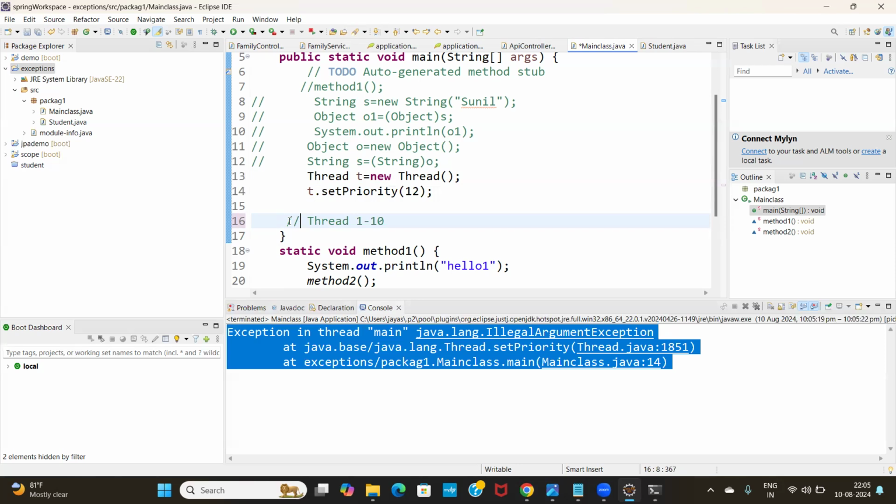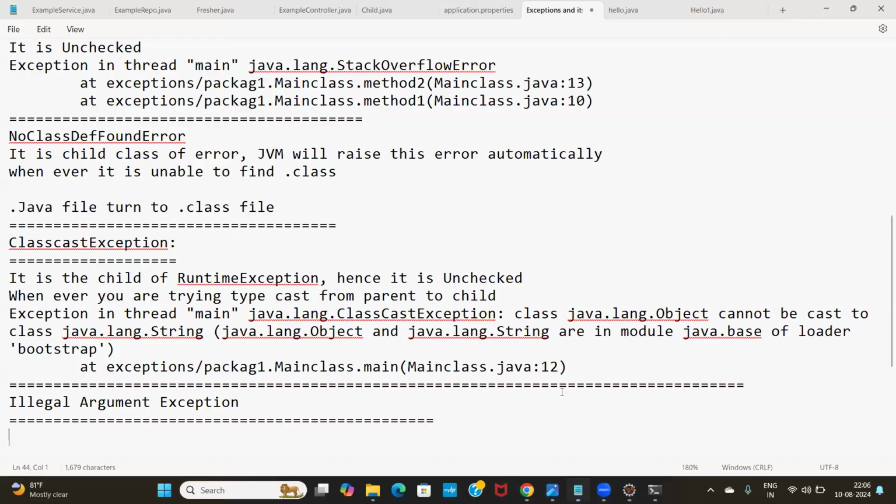Thread is a class which will come in multi-threading. I'll tell you at that time, don't worry. So this is the way you can recreate illegal argument exception. If you pass the wrong values,